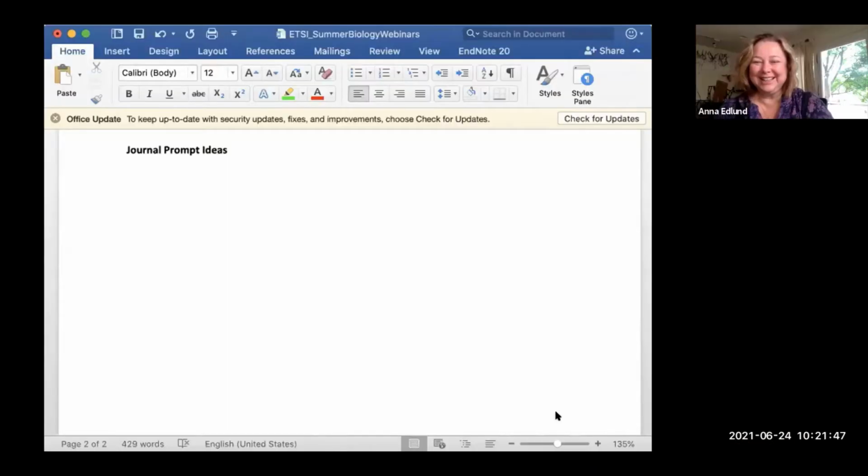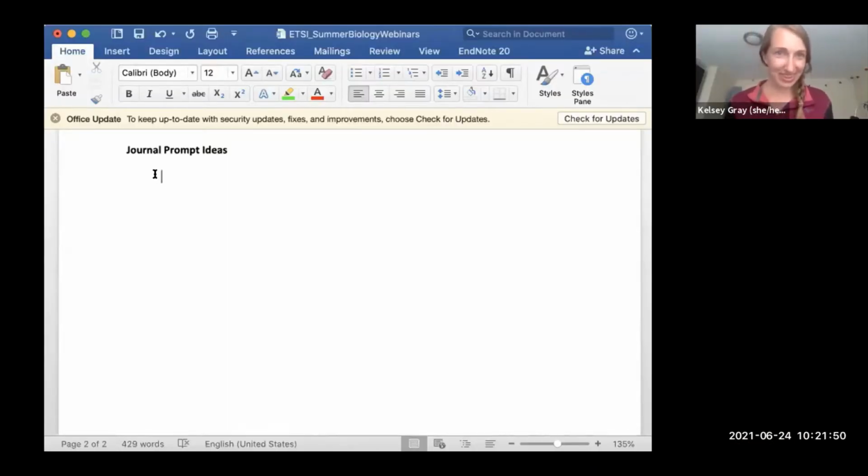Okay, so I think I'll make the breakout rooms. I think we will now start to go through, and I'll type them in English here, so we can have a little bit of a record. And I think we might be able to find some common themes in your journal prompt ideas as well. So I have the rooms here so that I can see, also in case you forgot what room you're in, that's totally fine. But let's start with if someone from room 1 wants to share your journal prompt idea and why you chose that.